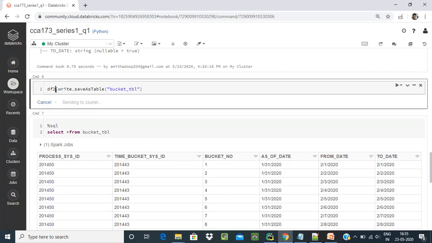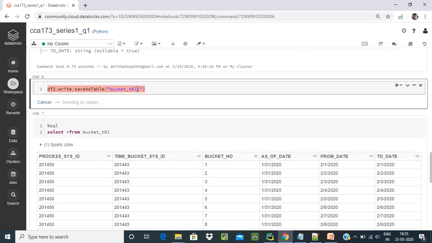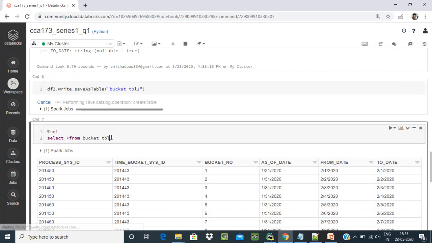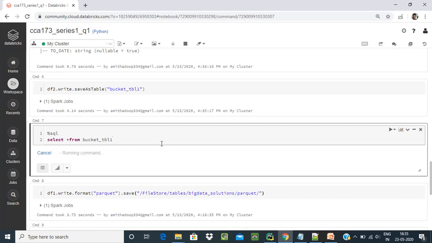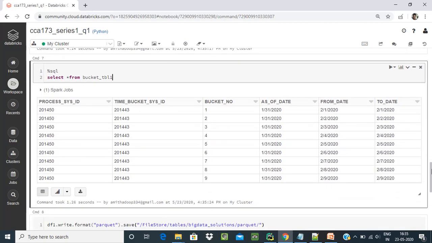Here the table already exists, okay, so I give df1 here. Yes, it is executed. Now you can fire the query and you can see the data is coming. All the data is showing. It means the data is saved in the table, and on that table I am firing the query, and it is giving the result.